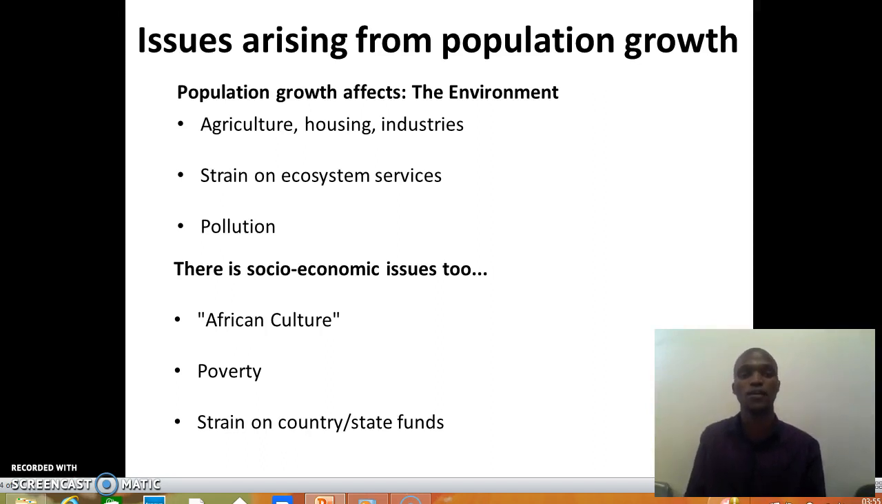And also population growth strains our country's state funds, because like here in South Africa, we have the government giving people social grants and building multiple houses. So imagine if we keep growing at the rate at which we are growing, which means the government needs to invest or budget more money